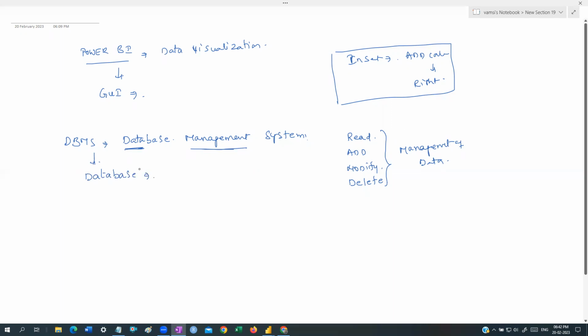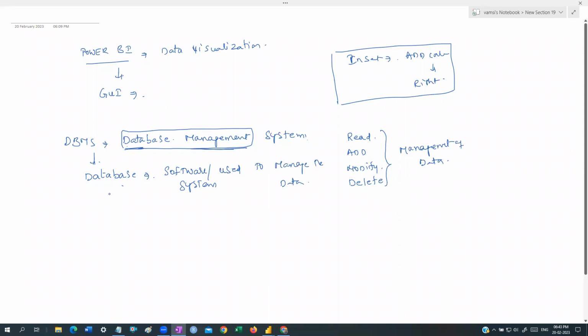What is a database? A database is a software where we can do all this data management. A database is a software, guys. Don't think that it is used only to store the data. So many people say that a database is just a storage. No, you are not only storing the data. It is a software or a system which is used to manage the data. Managing means, as I told you, you can store it, read it, add it, modify it, and delete it. We can do all these things.